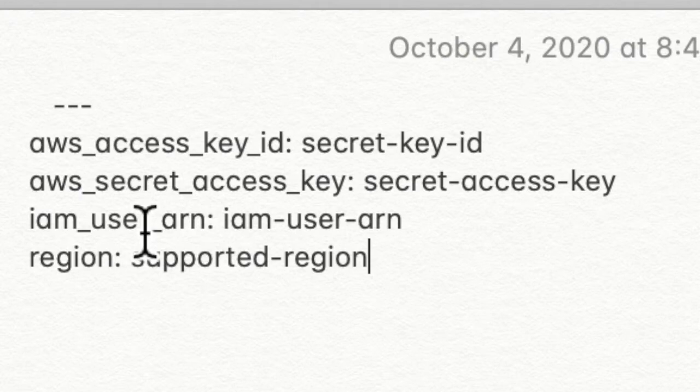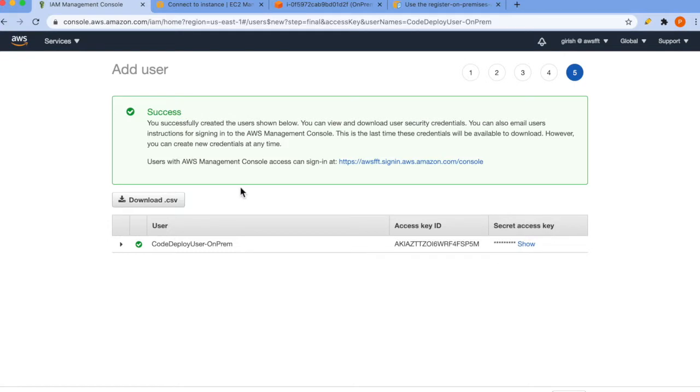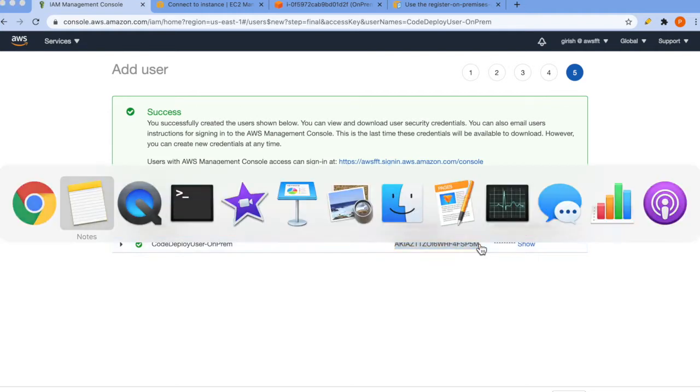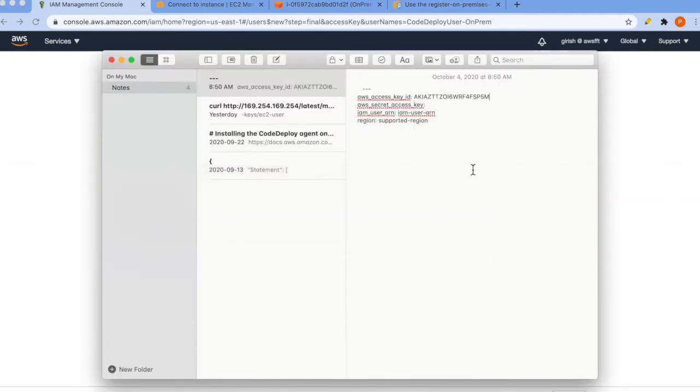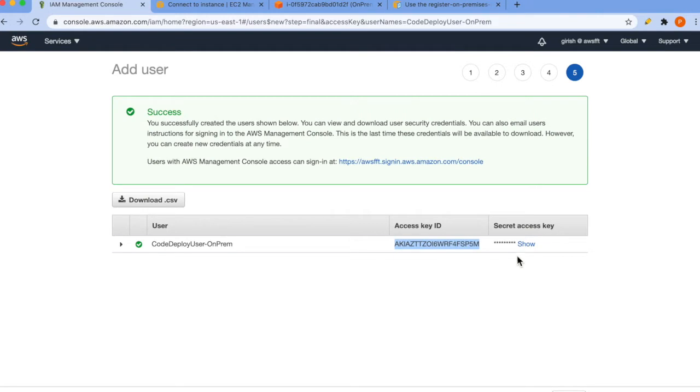So you can see you will need the AWS access key ID, AWS secret access key, IAM user ARN, and region. From here you can get the access key ID. Just copy-paste. Similarly, you can get the secret access key.